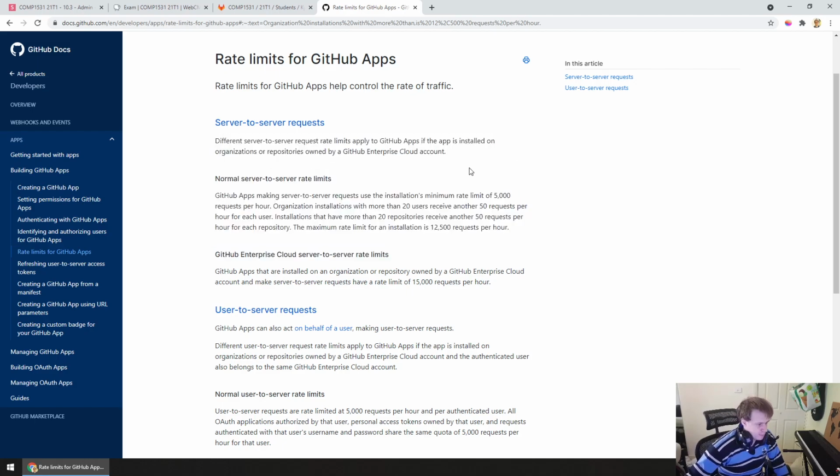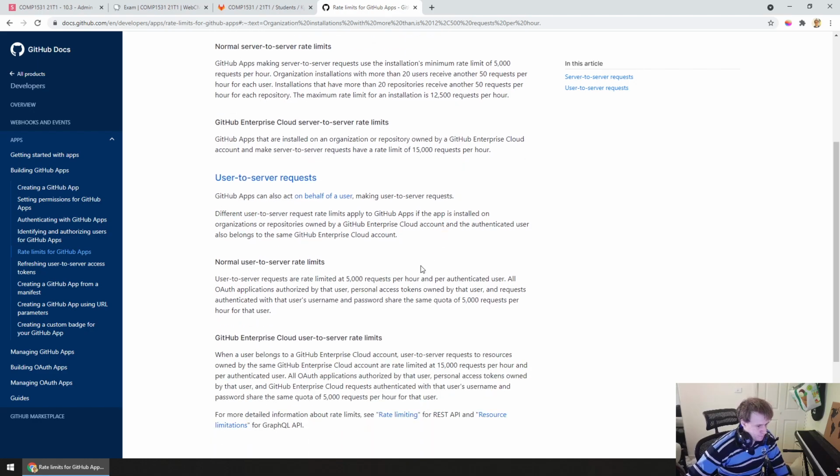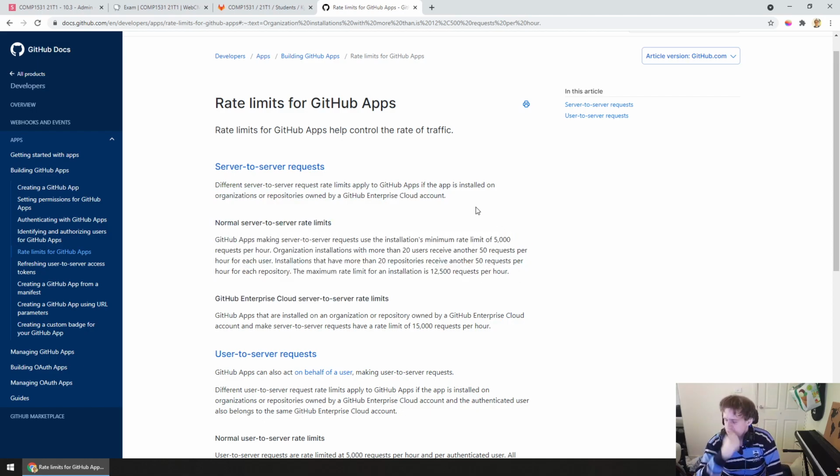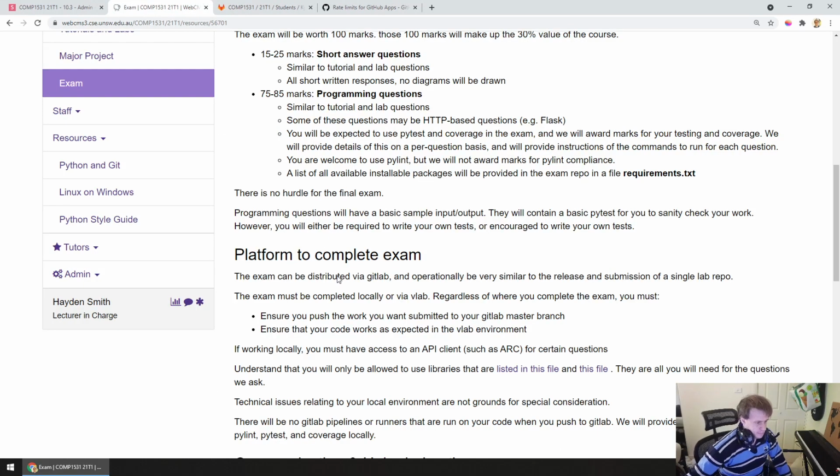Because we're educational, I'm sure there'd be something they do, but I don't think the normal server-to-server rate limits would work. This is much higher than what it was before, much, much higher. But I reckon we'd run into problems, mainly because we use it in massive hits. Like every time we make your repo, we have to create a branch and do this and do that. So there's probably like 5 requests per repo, and if there's 6 repos, that's 4,200 by 5. That's like 20,000 requests in half an hour. Anyway,